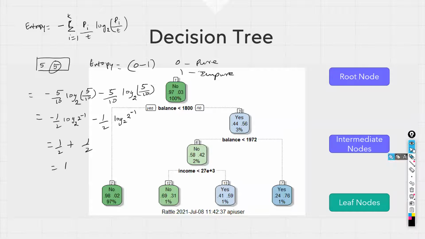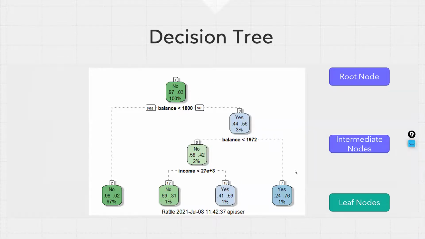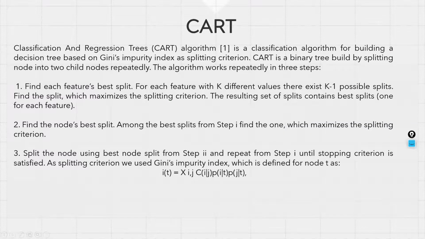Now let's go back and look at the tree algorithm. If you read this algorithm without any knowledge about what happens behind the scenes, it looks very complex. But now we have some knowledge about what happens behind the scenes. If you read this basic four-step algorithm, you would clearly understand what we have done so far.